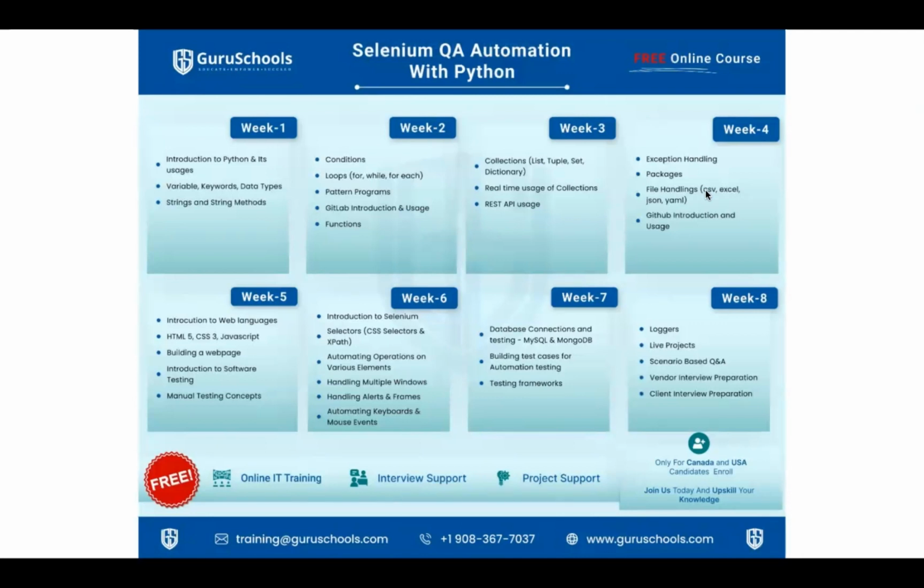If we talk about week one, in week one, we will be discussing an introduction to Python and its usages. So what is Python? Why does Python have more competency when compared with other programming languages, and how is it used in most of the MNC companies? And also we will be diving into the concepts of variables, keywords, data types, strings, and